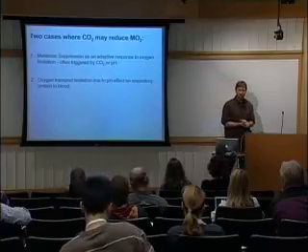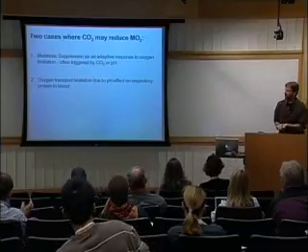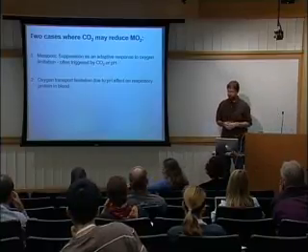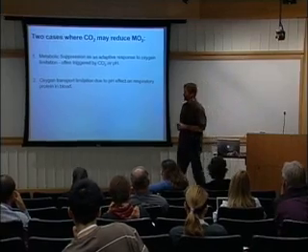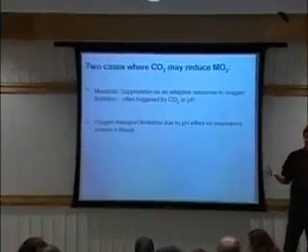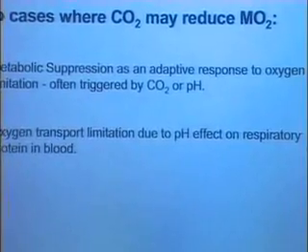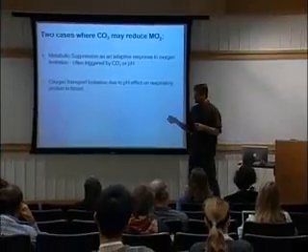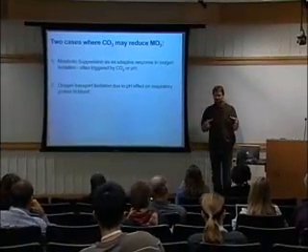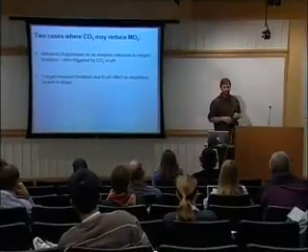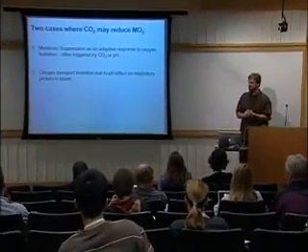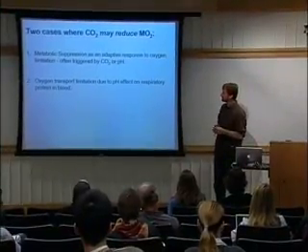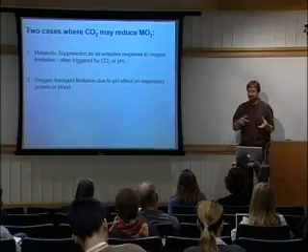So there are two particular cases where oxygen consumption would be expected to decrease as a function of CO2. One is metabolic suppression. So there are organisms out there living in intertidal zones, for example. Those are the most thoroughly studied in this respect, that as the tide goes out and they're left in a tide pool, the CO2 goes up, oxygen goes down, and they will shut down metabolism and wait for the tide to come back in. And in some cases, they'll be shut down for weeks or longer. And so it's a very effective metabolic suppression.